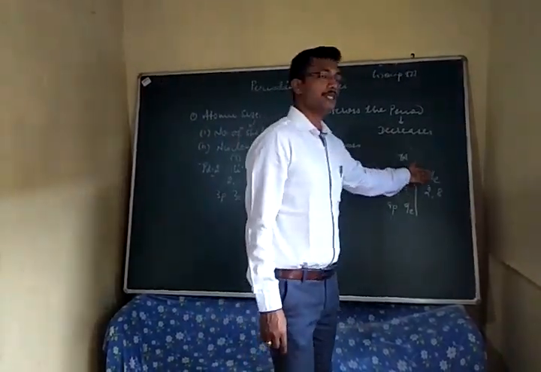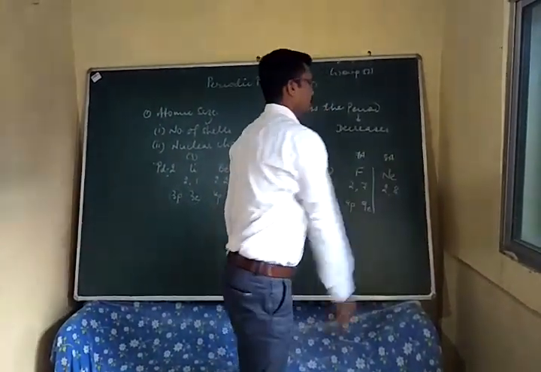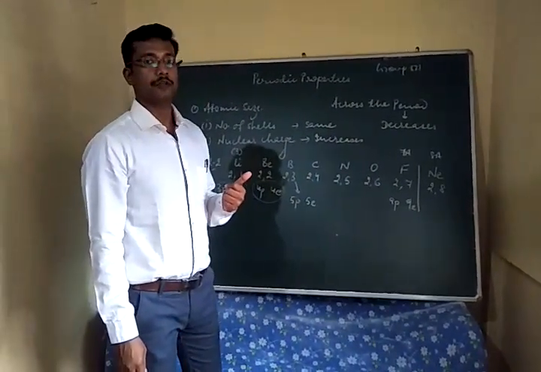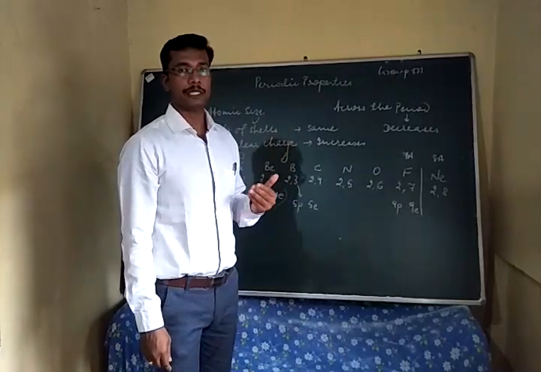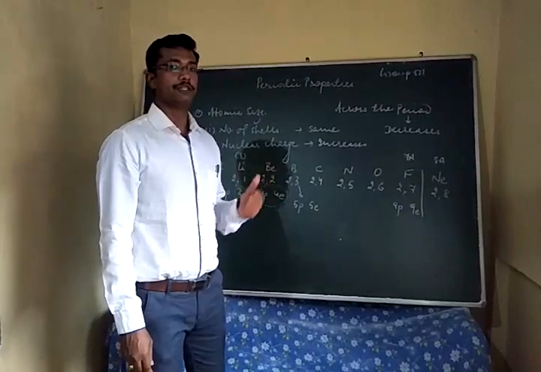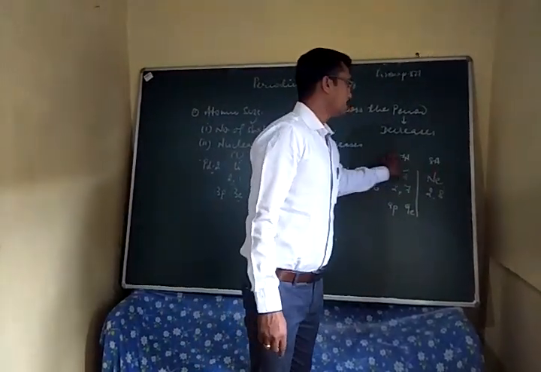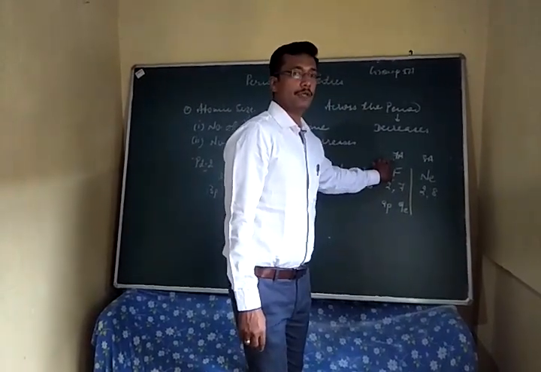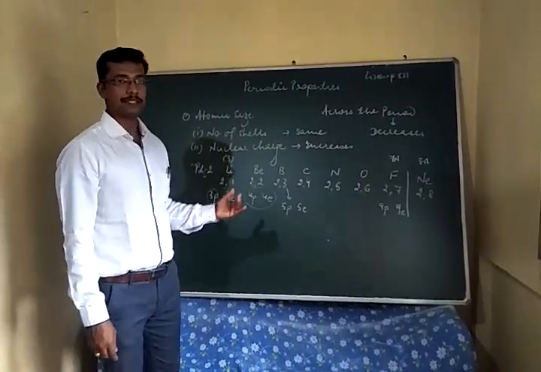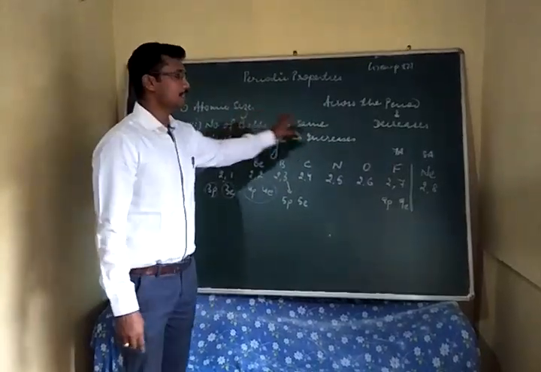So far as neon is concerned, you know it is an element of group 8A. Its outermost orbit is completely filled with 8 electrons. So there will be electronic repulsion, which will cause less nuclear pull. As a result, neon will be bigger than fluorine. Otherwise, on moving across the period, altogether the atomic size decreases. The reason, you can see, is that the number of shells remains the same, but nuclear charge is increasing.